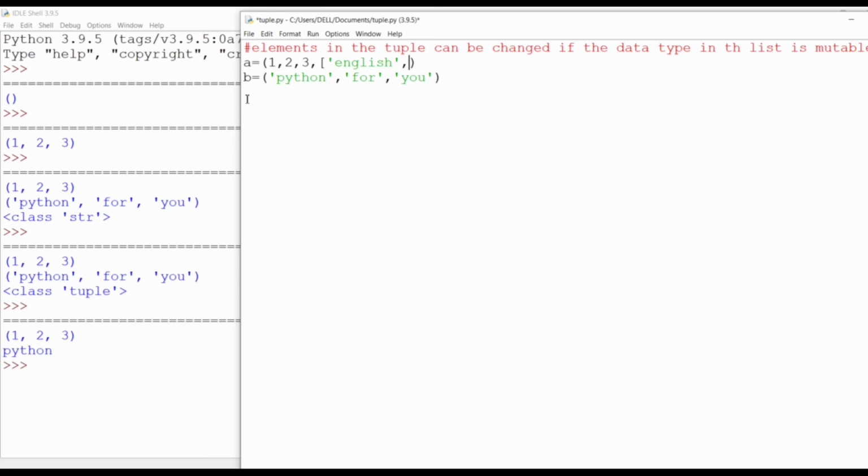English I have given and I am closing this. Here I want to change the data in the list which is in the tuple A. So I am initializing the tuple A and I want to change the data which is in position 3 and the 0th element in the list to Python programming.